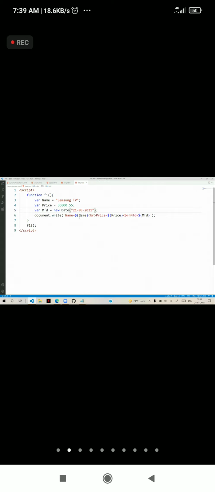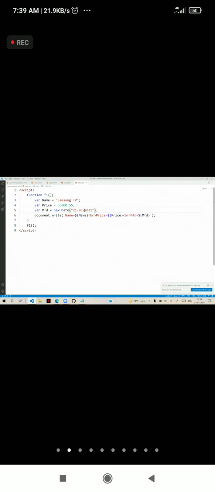When I write like this and refresh, you can see it says invalid date. It is not accepting the date format.